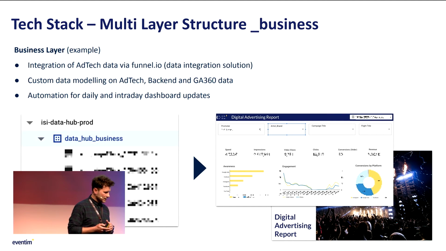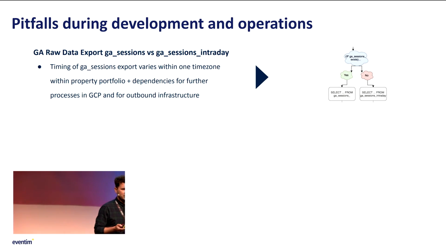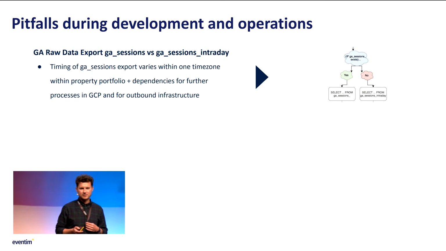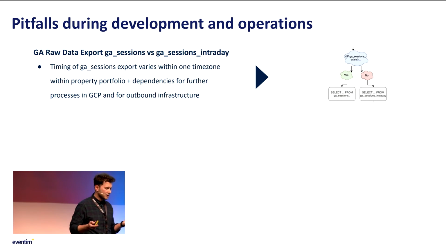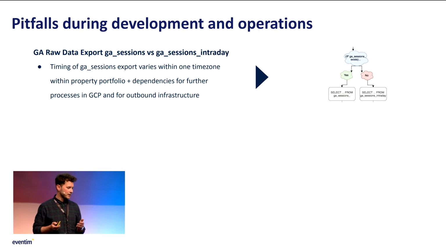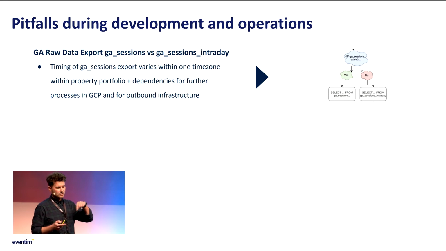Just a couple of pitfalls. Initially, this is something for people who use JS sessions and need JS sessions to be there at a certain time. If you have this issue like we do, sometimes JS sessions are there at 8 o'clock, sometimes at 7, sometimes at 11. There are no SLAs. They're just there or not. You cannot do anything about it. What you could do instead, if the JS sessions are not there, is use the GA intraday table. So the last intraday table, which is basically the one which is already from the new day. So the last one, use this one.